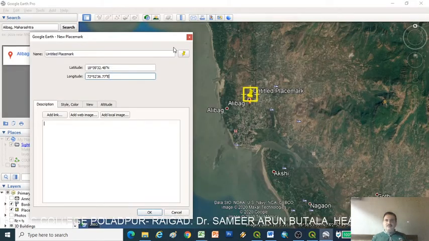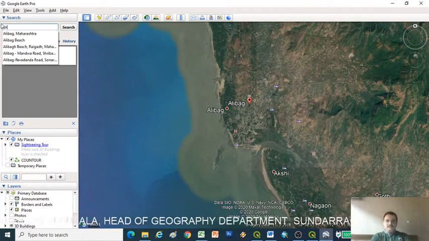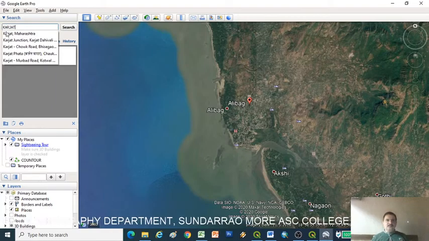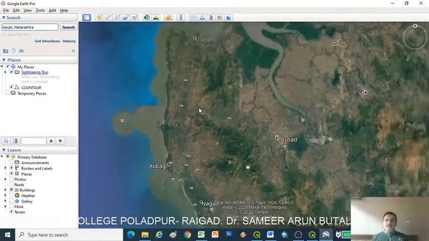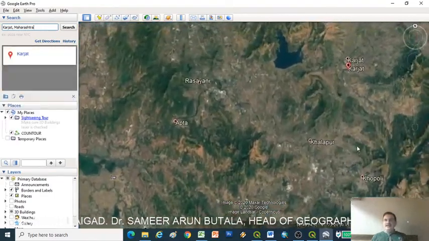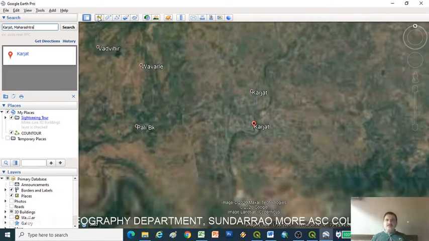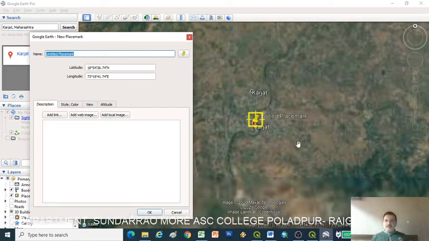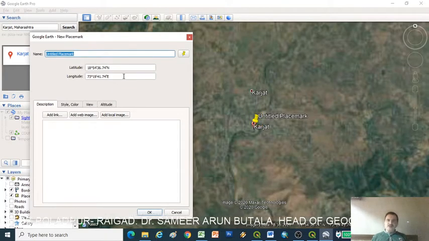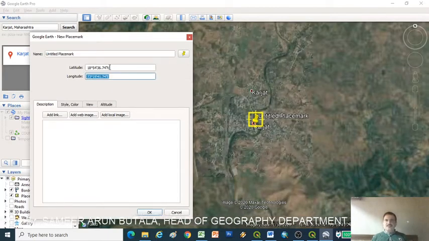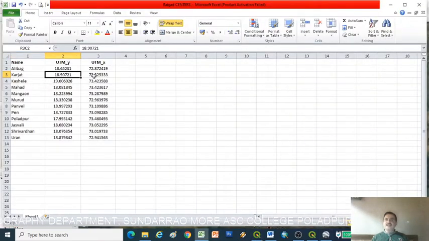In the same way I can find Karjat. Just type Karjat, click on Karjat, and we'll find the Karjat map. We'll get the exact location of Karjat. Add a placemark on Karjat, get the exact latitudes and longitudes, copy it and paste it in this Excel table.